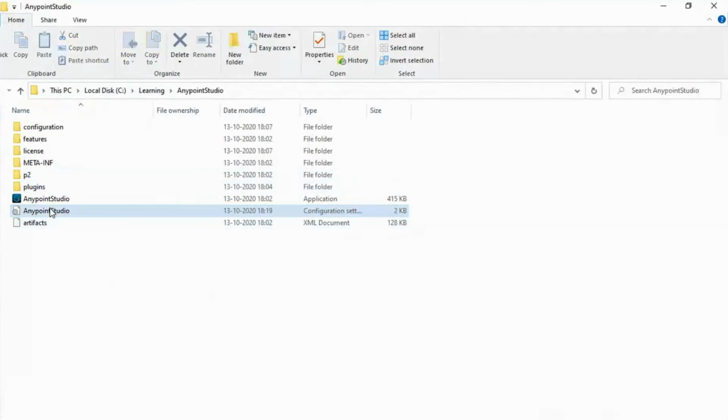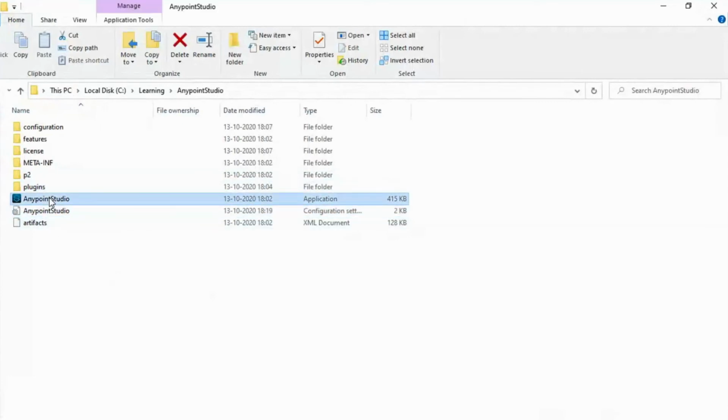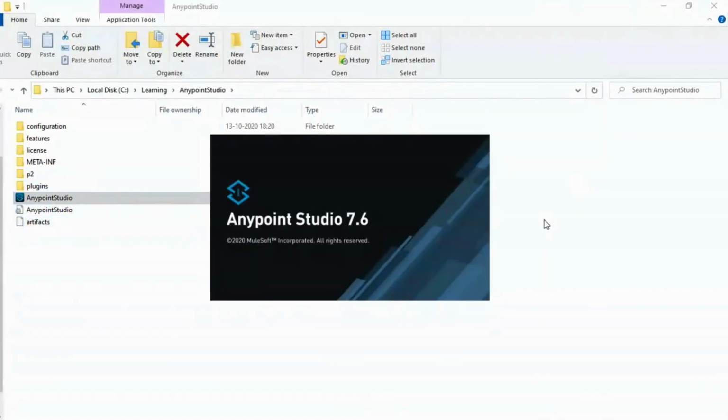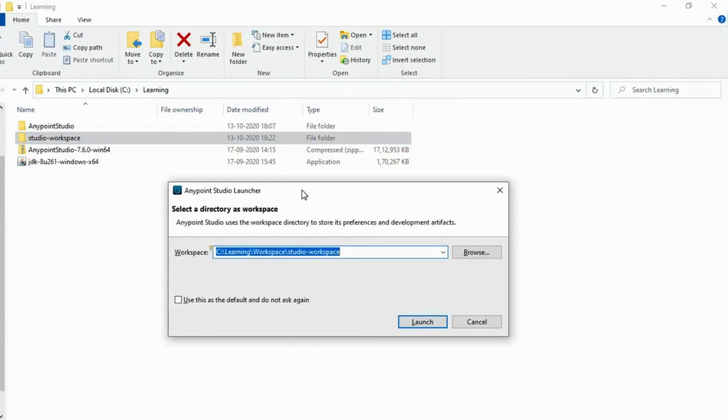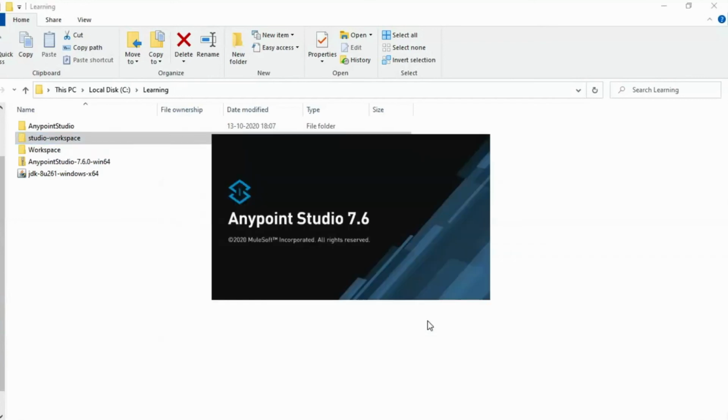Now you can open the Anypoint Studio application. It will ask you for the path for storing the workspace. So you can create a folder and give the path of the workspace. In this folder, all your projects or integrations will be stored locally.